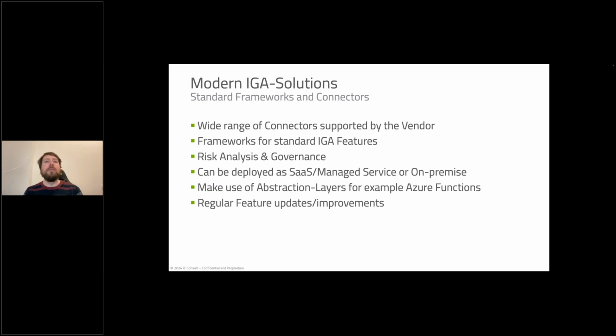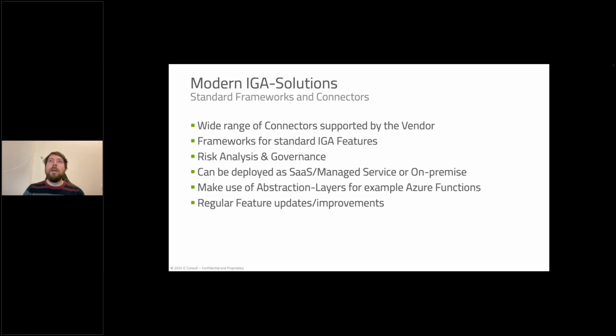Also, some solutions have an abstract layer, similar to SAP IPS, in a modern IGA solution. You also have cloud connectors, which of course could cost money or could be an extra. So that's also something you have to think about. Should I do this? Do I need this? How much will it cost me? Compared to if I build my own connector, and also the customization, which I think when you're using SAP IDM, you're already used to. So it makes sense to think about standardization and slowly take the step that way.